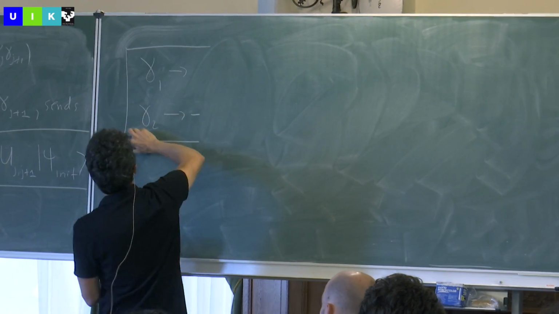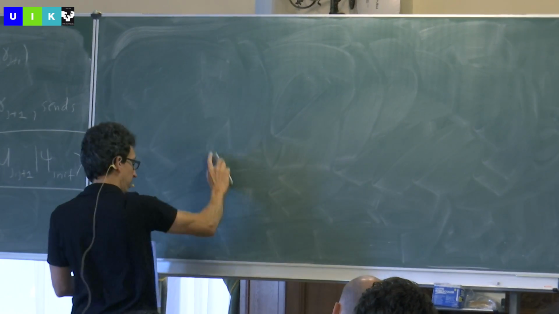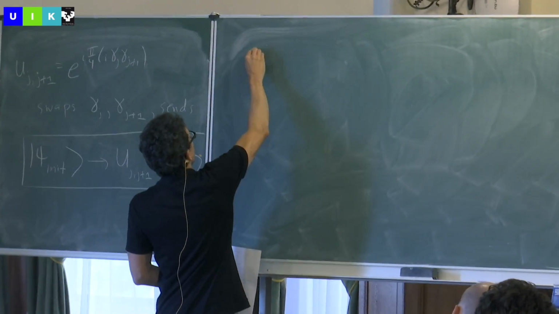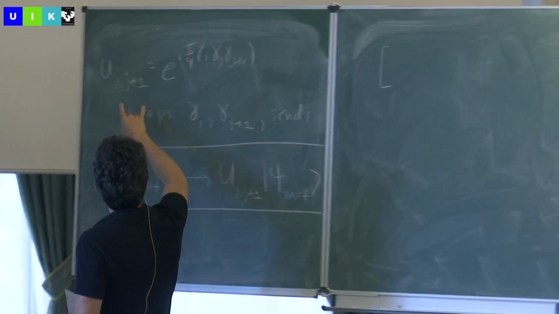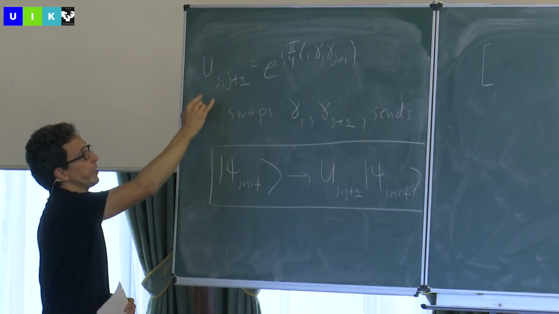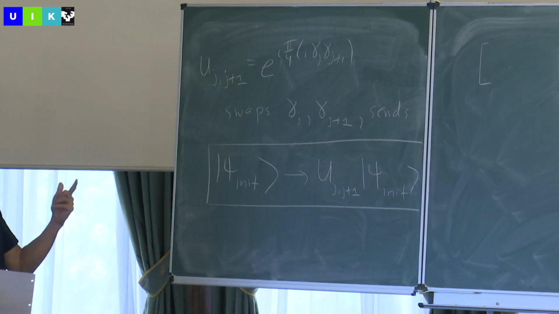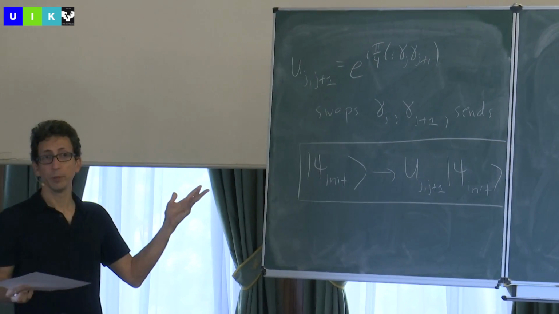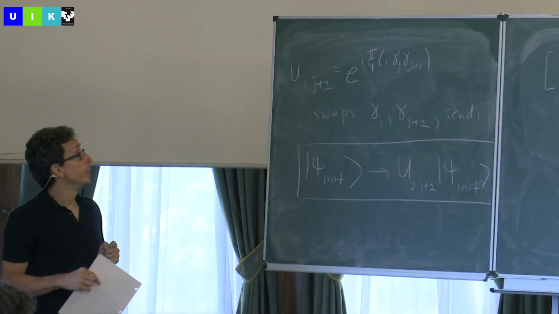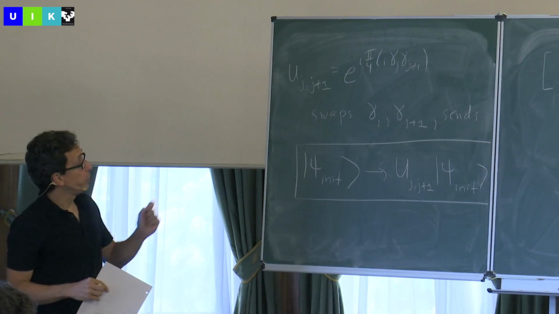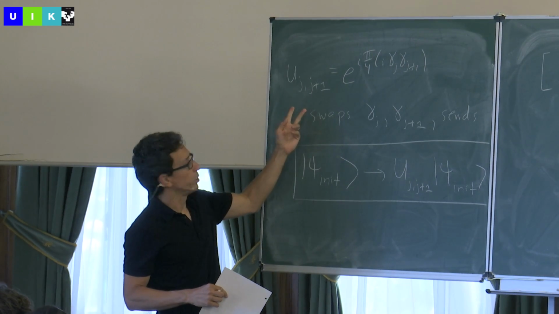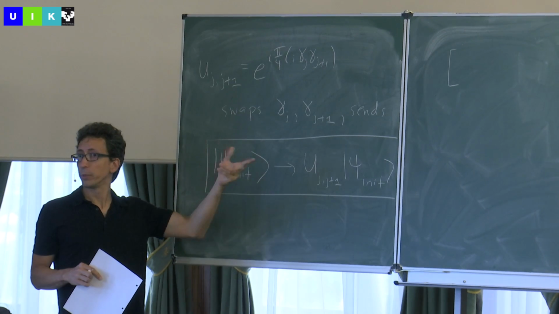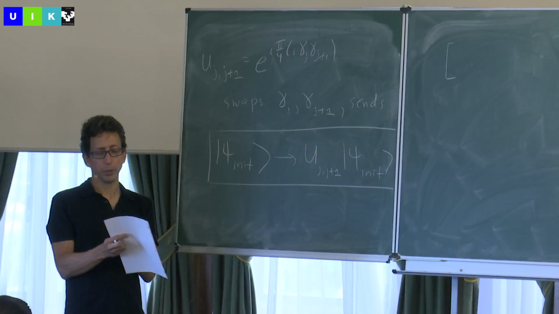And that's why we call this non-abelian. To see that, we can observe that many of these operators commute with each other. So for instance, if I commute U12 with U34, that's going to be 0 because they have no Majorana operators in common. However, if you commute two of these operators that have one Majorana in common, so operators that swap nearest neighbor pairs,